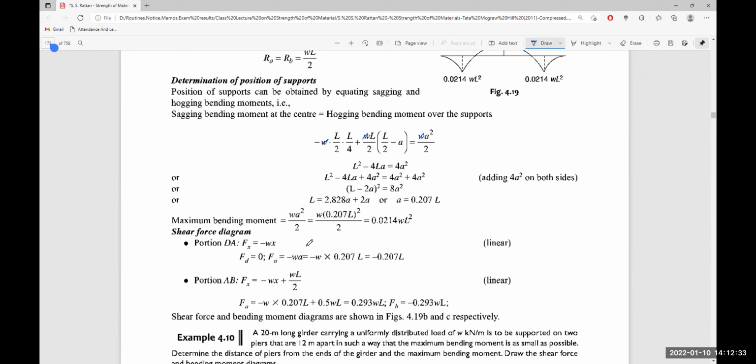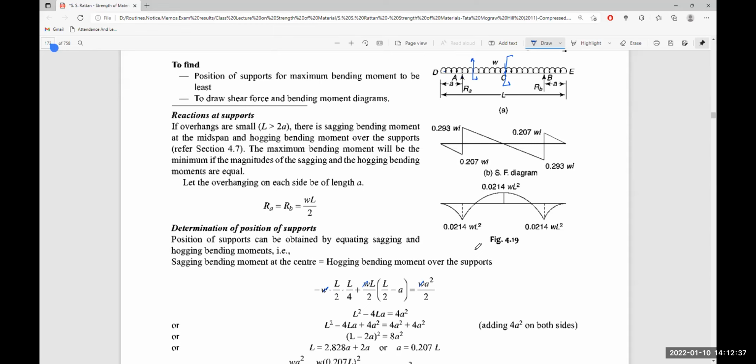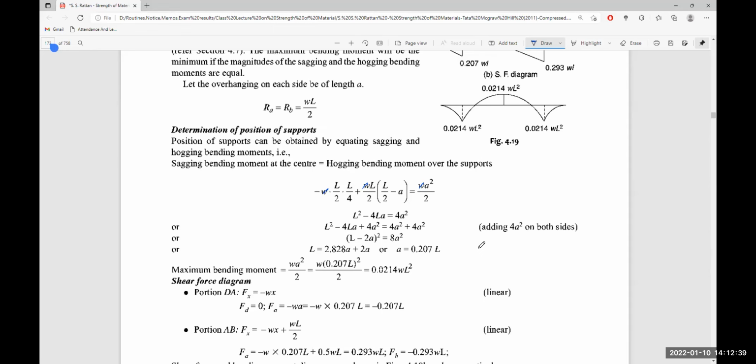F at D is equal to 0, F at A is equal to minus wa, which is equal to minus w multiplied by 0.207L. At x is equal to 0,